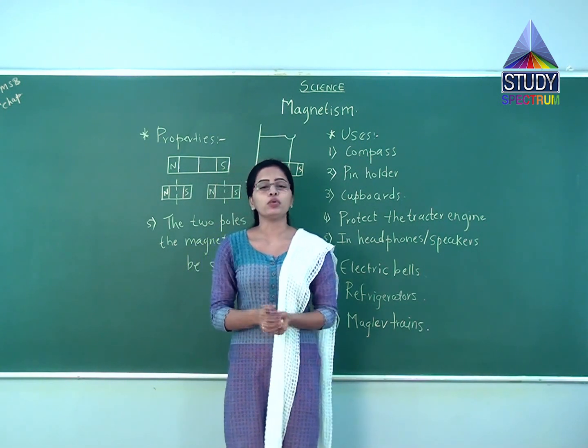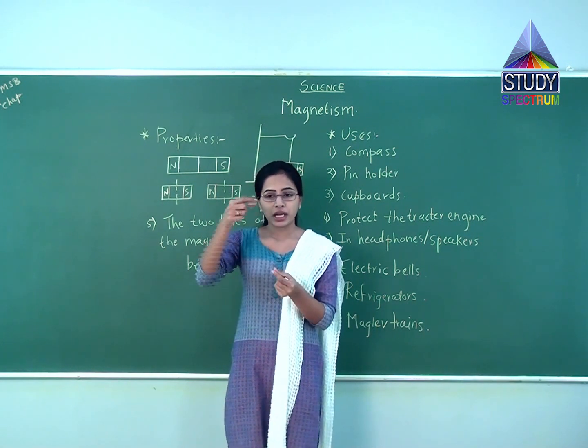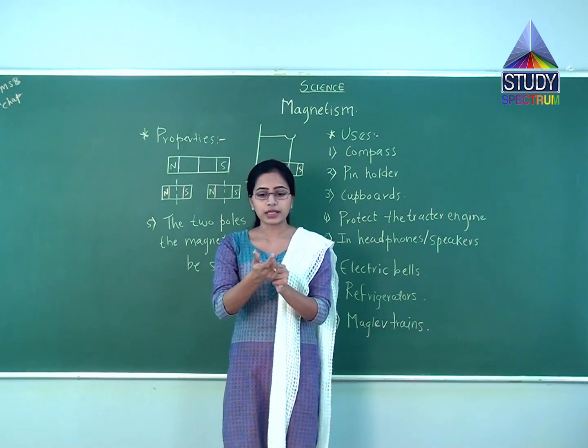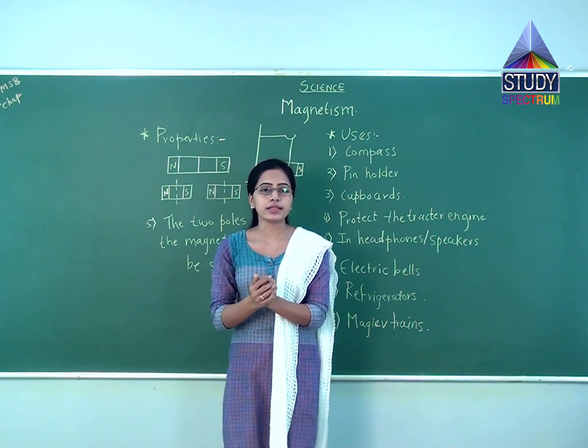So I will explain to you what a compass is. Actually, a compass is a circular disc-type instrument in which a magnetic needle is fixed. So when you open that compass, that magnetic needle, because of its magnetic property, comes to rest in the direction of